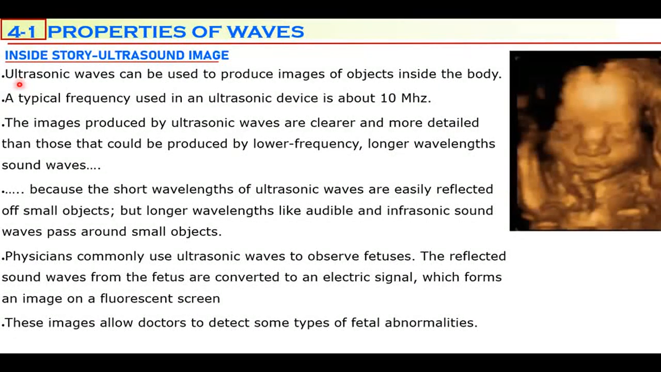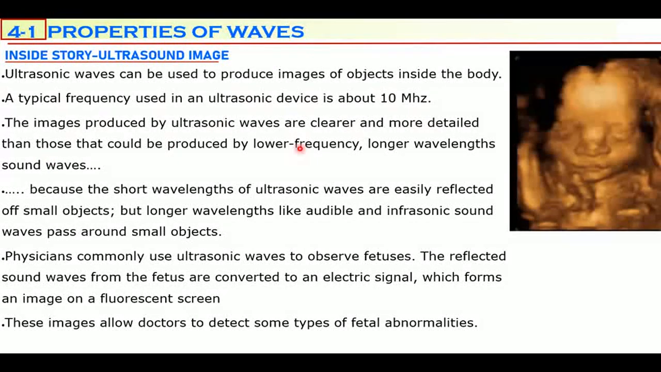Ultrasonic waves can be used to produce images of objects inside the human body. A typical frequency used in an ultrasonic device is about 10 megahertz, which means 10 times 10 to the power of 6 hertz, that is, 10 to the power of 7 hertz. It's such a big frequency. So the images produced by ultrasonic waves are clearer and more detailed than those that could